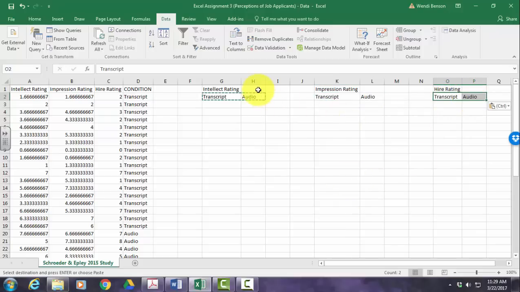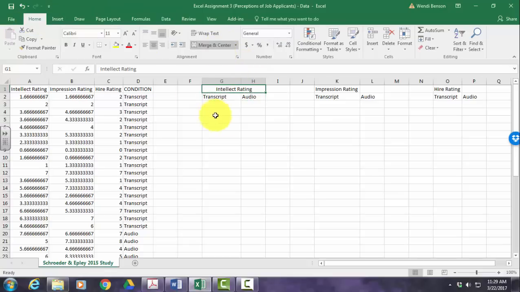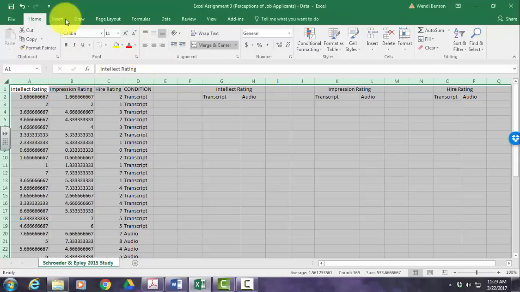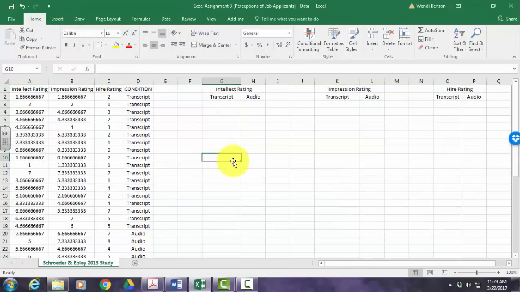Now if you want to be fancy and center your dependent variable above your groups, you can highlight those, go to the Home tab, merge and center. Highlight these two, merge and center. Highlight these two, merge and center. It's up to you. I also like to have everything centered, so I'm going to click this little arrow up here. Under the Home tab, click the little everything in the middle center button, and now it's looking pretty and